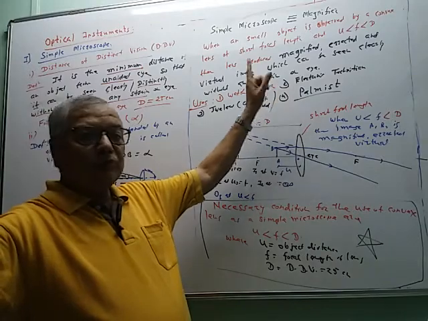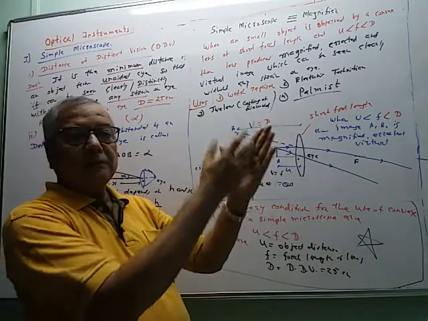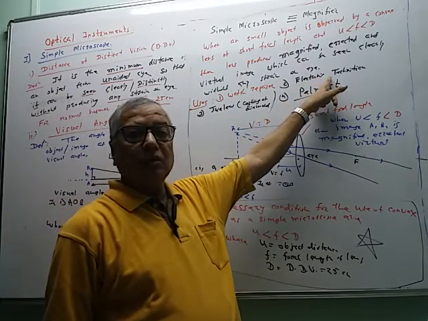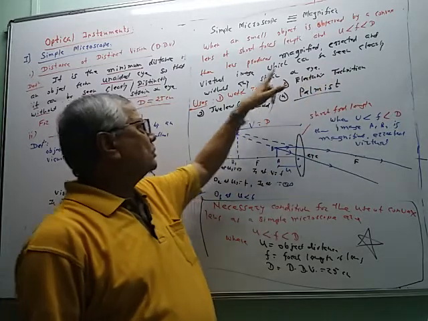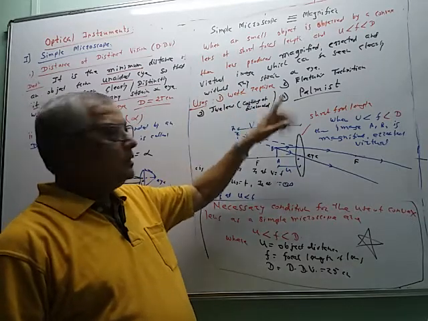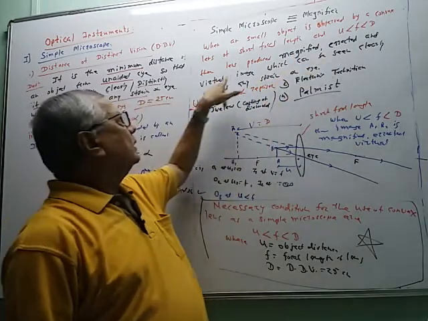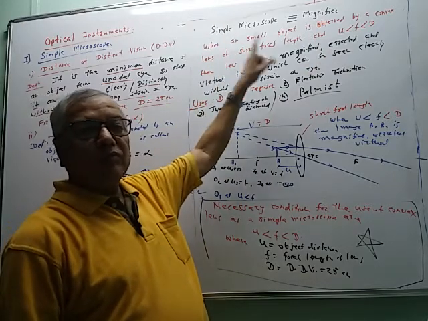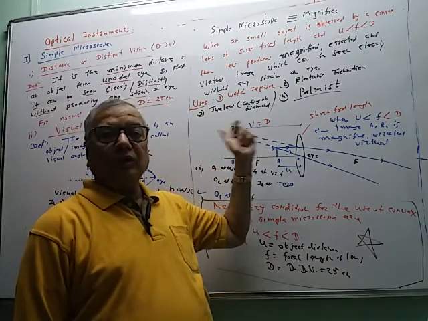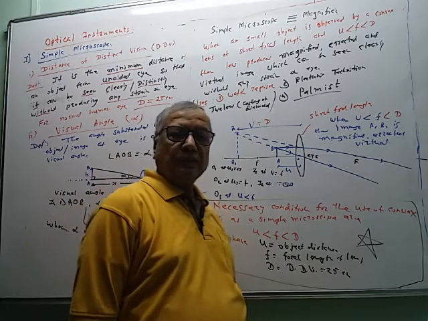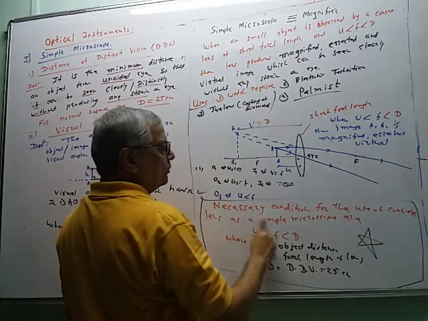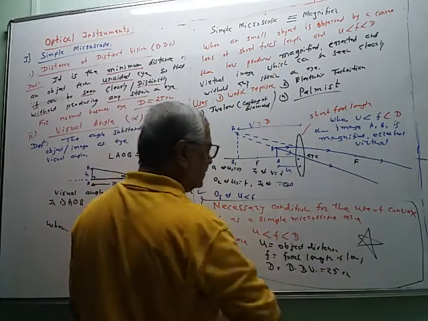So very small object, maybe the lines on the hand, maybe the cuts of the diamond, maybe the lines on the printed circuit board, or component connected on the printed circuit board, or the small part of the watch. We want to see them magnified, erected, and for that purpose we are using a convex lens of short focal length, short and thick focal length. Focal length कमी असले की lens आपोआप thick होऊन जातो. So this is the use of lens as a microscope. So when we are to use the lens as a microscope, this is a necessary condition.